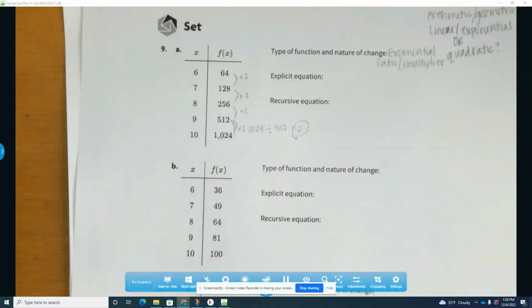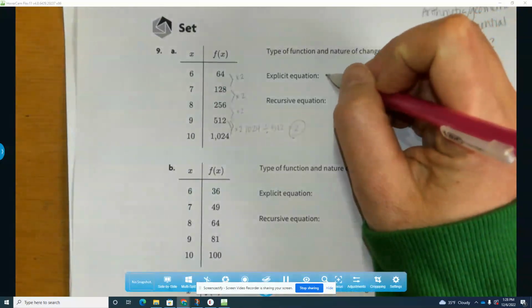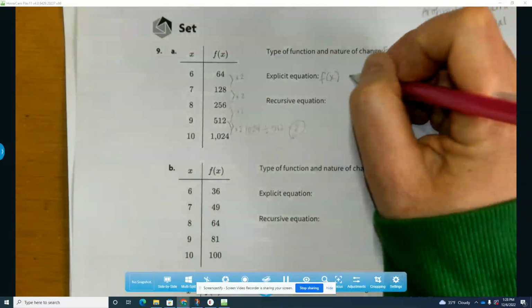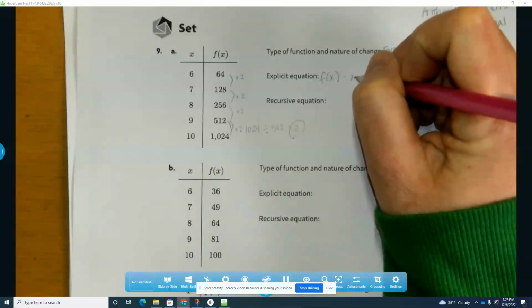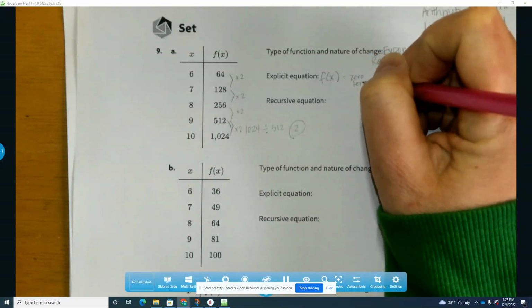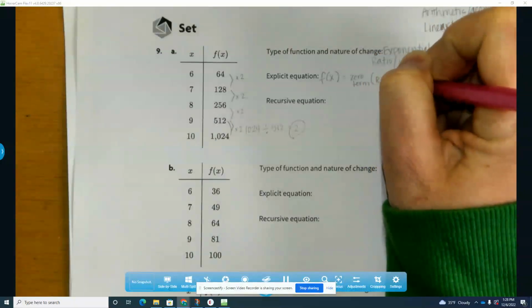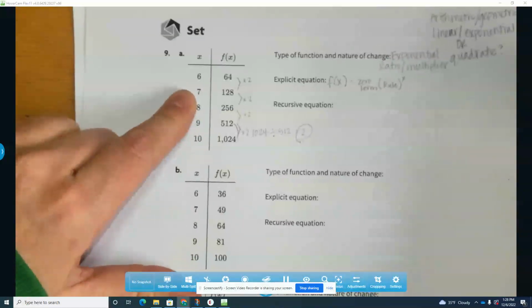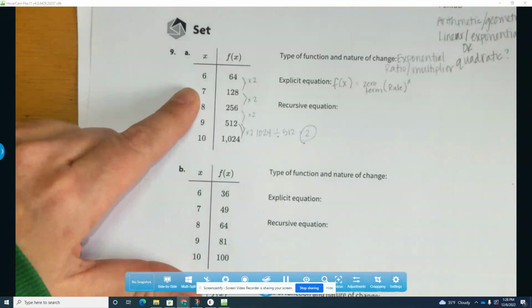And now we have to write our explicits here. So for an exponential, you have your zero term, your rule and your multiplier, and your x. If you notice here, we don't have a zero term. We could get one if you wanted to,